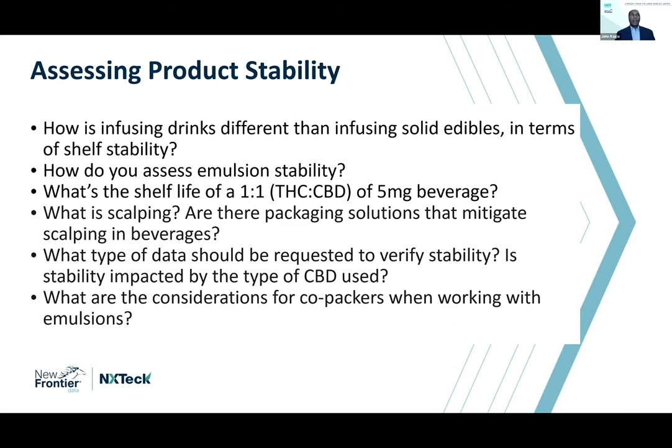So then, maybe picking on that, if there's not that much of a difference between the solids and the liquid infusions, how do you assess emulsion stability? If somebody is trying to develop a product, how do you test whether or not your product is going to have good stability? Is it really just looking at the matrix you're putting it in, much more so than concern about the effect of the addition of the oils to that matrix? Yeah,